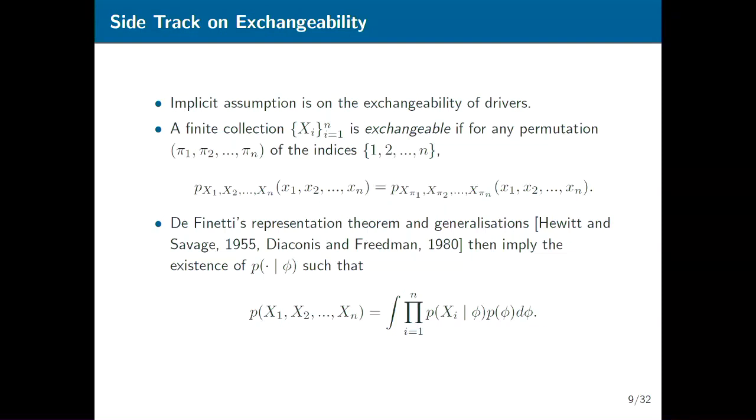A finite collection of random variables is exchangeable if the joint density is invariant under any permutation, which essentially tells you that the label tells you nothing. And you can certainly think that might not be true in every case. If you knew the first driver was Zara and the second driver was Michael, then you would probably have different prior assumptions of what their critical gaps might be.